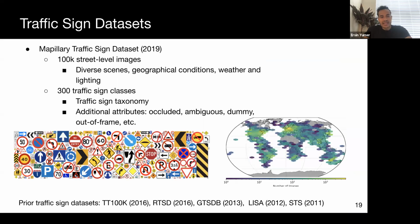The biggest public dataset for traffic sign detection is the Mapillary traffic sign dataset at the moment, containing over 100,000 street level images spanning all over the world. There are 300 total traffic sign classes representing a comprehensive taxonomy and contains additional attributes per sign, such as if it's occluded or out of frame. The data is collected under a variety of weather and lighting conditions, such as sun, rain, snow, dawn, daylight, and nighttime